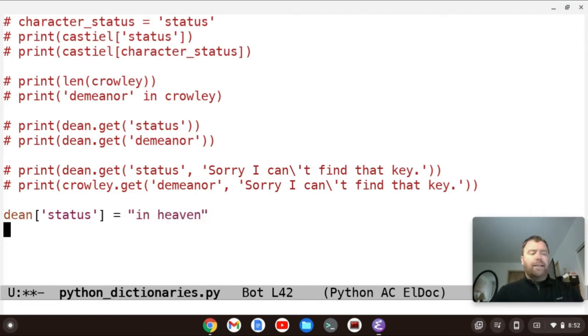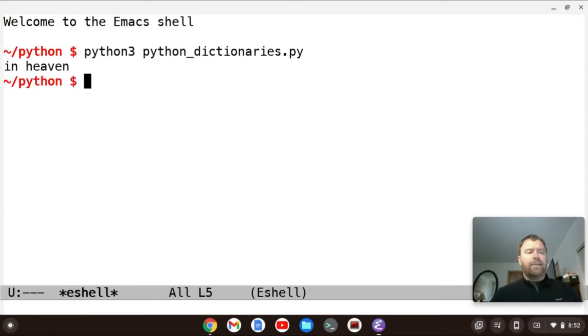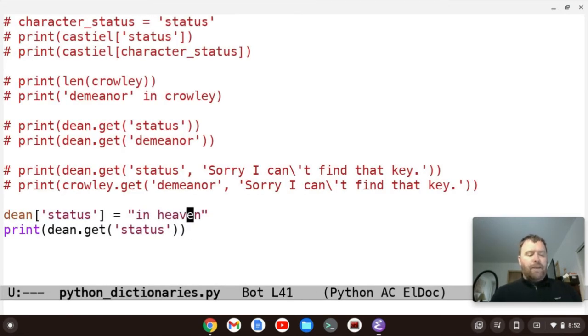Okay, and now let's print Dean.get, and we'll get his status. Okay, and now when we run this, it should print in heaven. So let's run that, and it prints in heaven. Okay, so we've changed Dean's status from dead to in heaven. All right, let's comment these out.